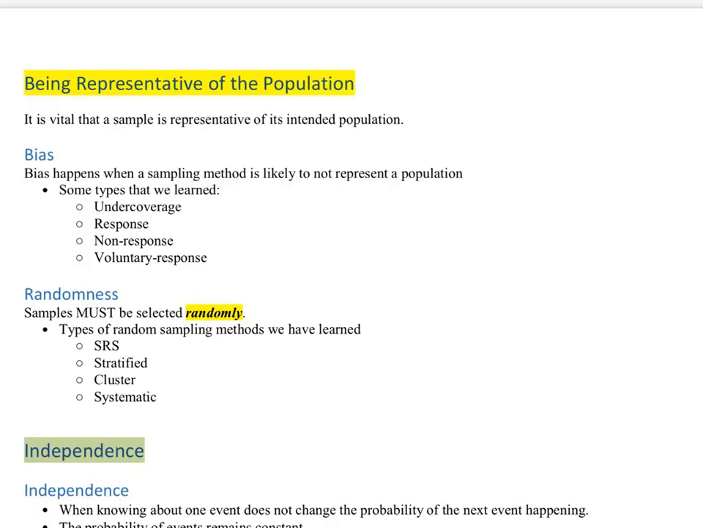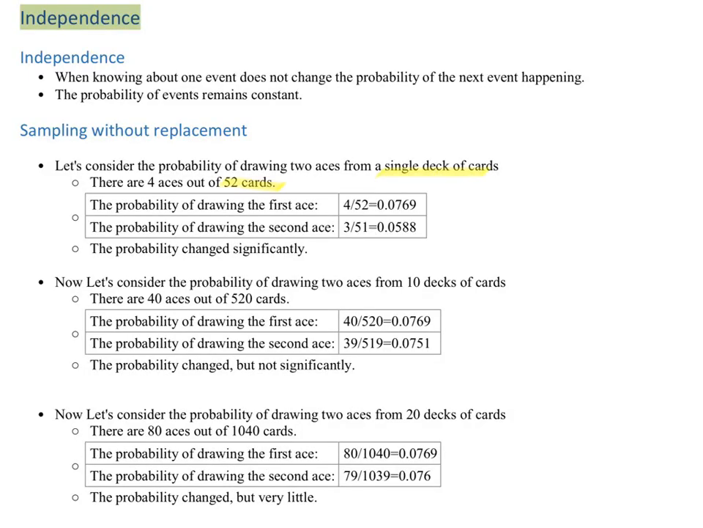Okay, the next thing that is critically important about a sample is that it involves independence. Now, here's the deal. Most of the time a sample is taken without replacement, meaning if you take something out of the population, you don't put it back in before you take the next one, which means the denominator changes. A very simple example: drawing 2 aces from a deck of cards. There's 4 aces out of 52. The probability of drawing the first ace is 7.7%,